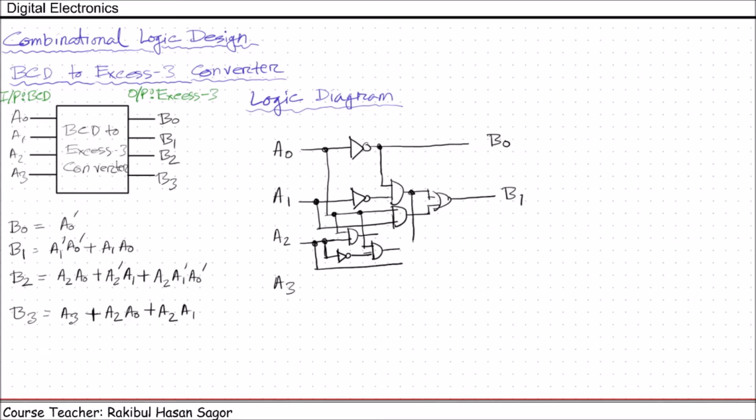A1 prime, A0 prime can be taken from here. They will pass through another AND gate. All these outputs will pass through an OR gate. This is B2. Finally B3, A3, next A2 A0, which can be taken from here, A2 A0,